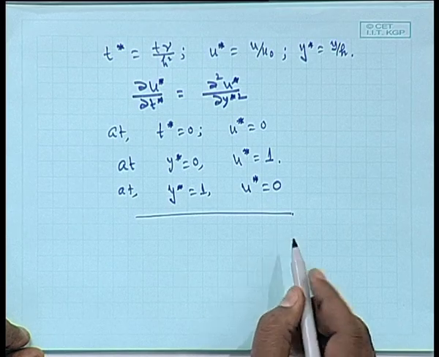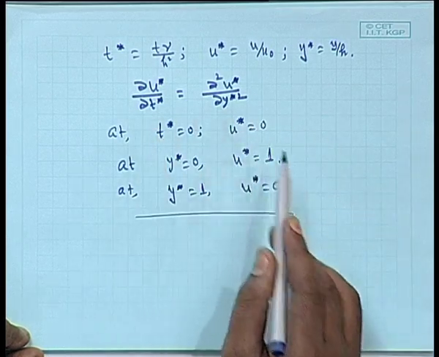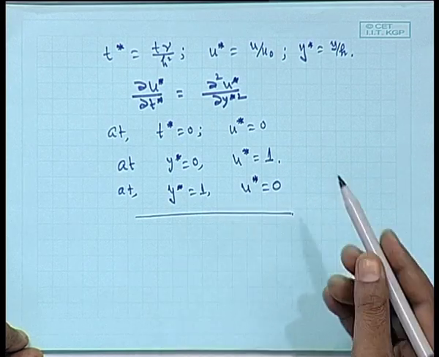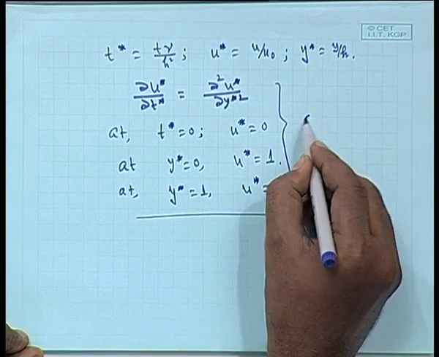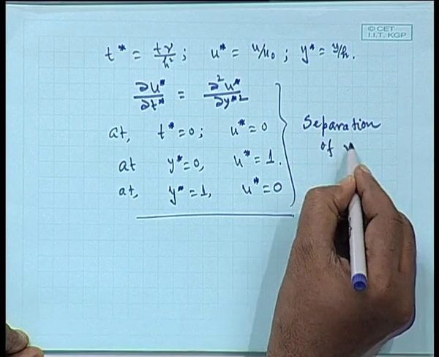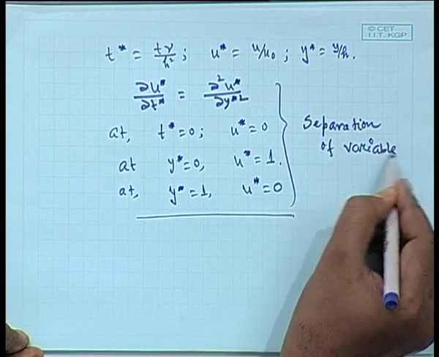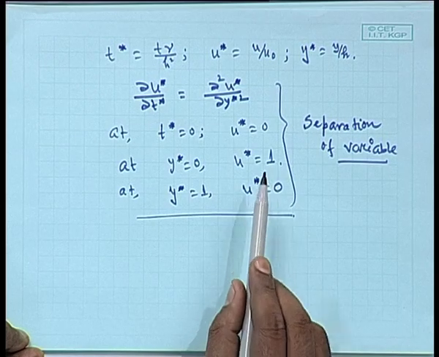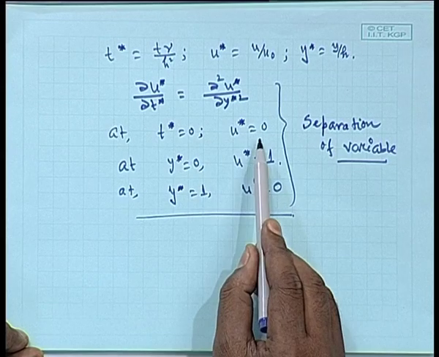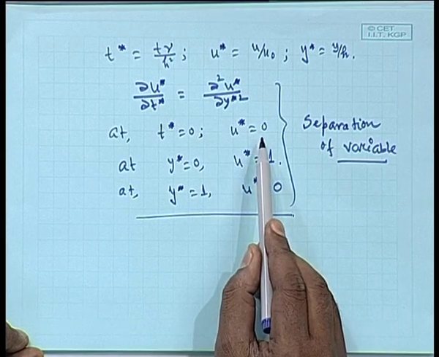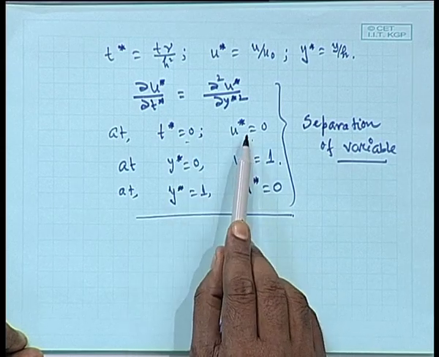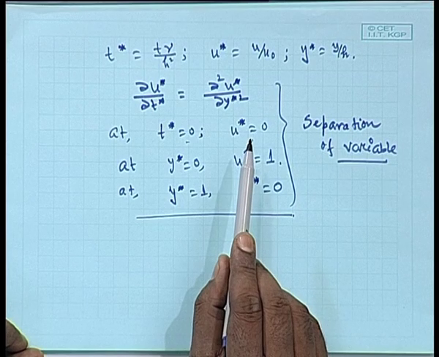Right. Now, we will solve this problem. Since it is a linear problem with linear boundary conditions and initial condition, you can use separation of variable safely. Now, you will be having one non-homogeneity in u star and the initial condition is 0. So, you cannot use separation of variable as it is. Since initial condition is 0, you have to divide this problem into two sub problems.